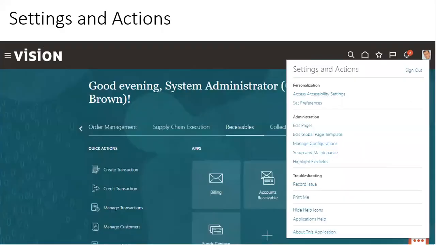So now when you click on user account, as of now we have seen earlier search, favorite, notification, all those things. But when you click on your username, it shows a very important one called settings and actions. So why is it so important? Because here, using the settings and actions, you can change the preferences, you can change the password, you can click